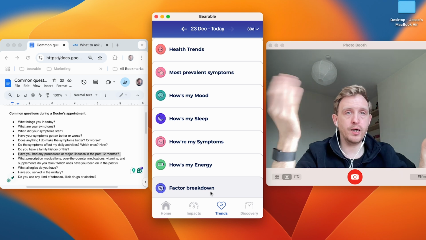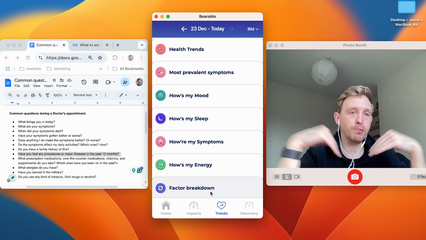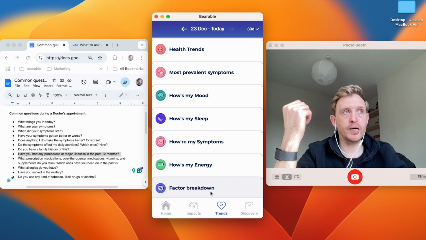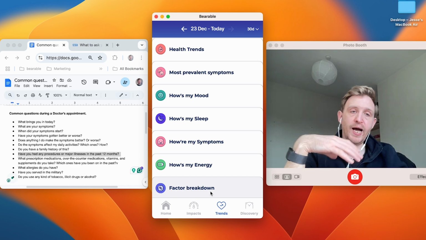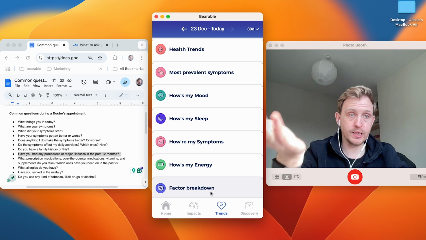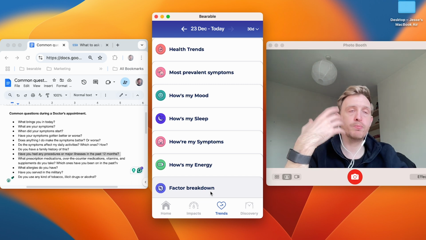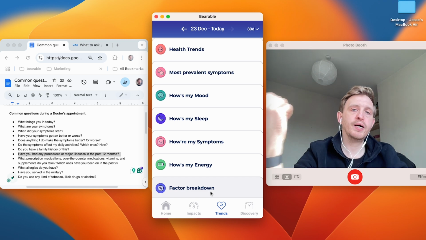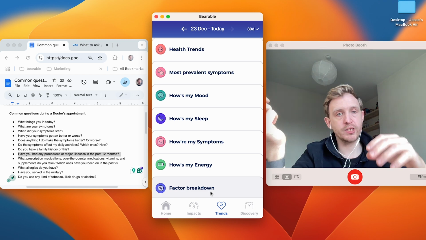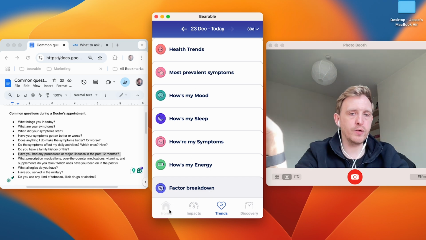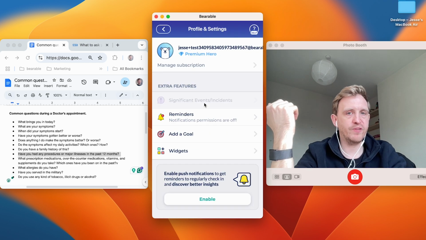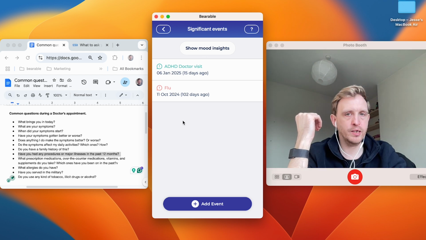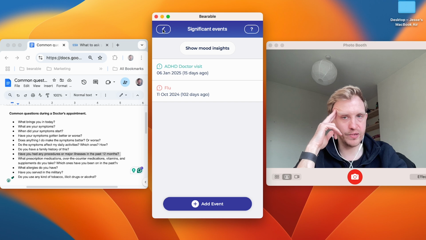You can view that chart on a 360-day view. You can plot your symptoms there. You can plot your factors there. It's one of the ways you can do a manual search for correlations or before and after effects of a significant event, or when you begin a medication or a new treatment, you can get a sense of how that impacted your health outcomes using that chart. But it's just one way to view significant events as well. Generally, though, I'd say the best way to look at those is just if you've logged them, they're in here. It's very easy just to get a view of all of your recent significant events.